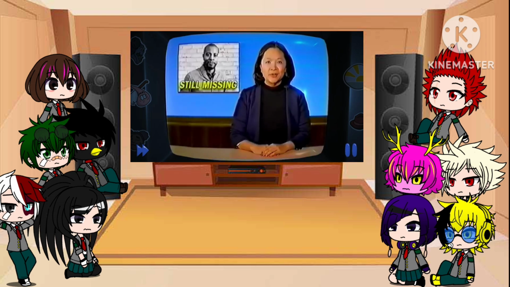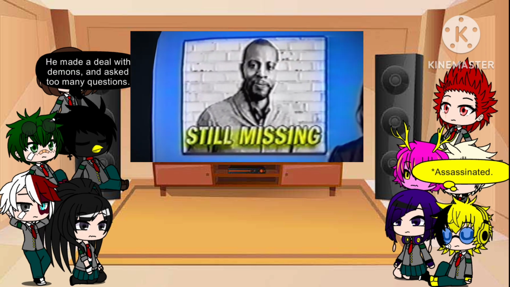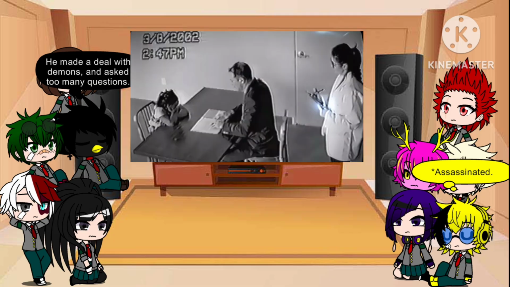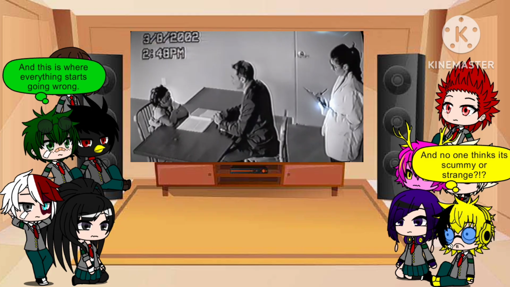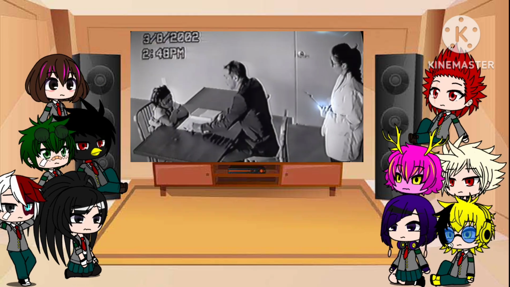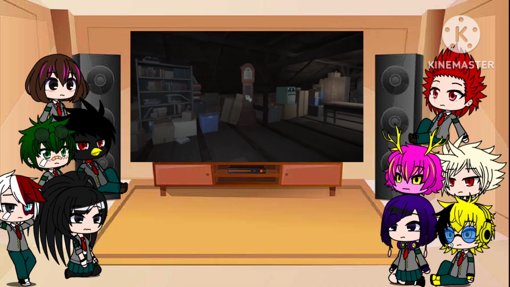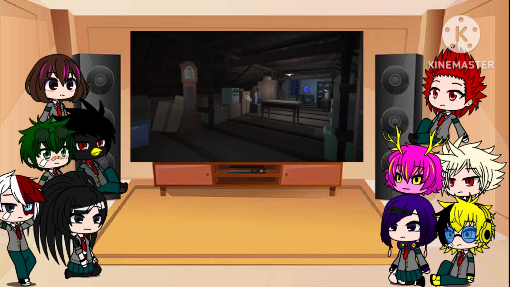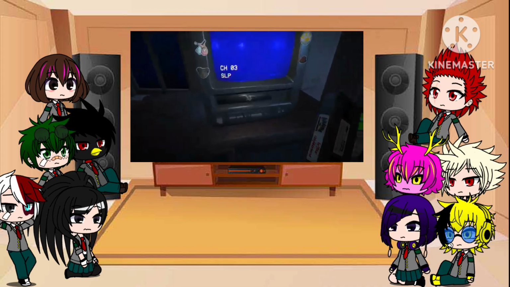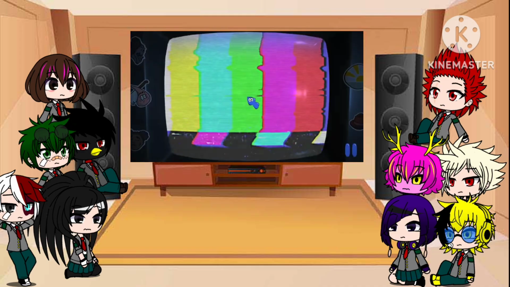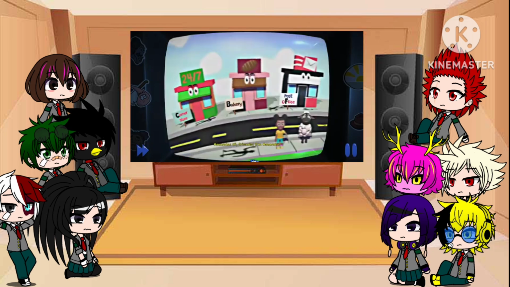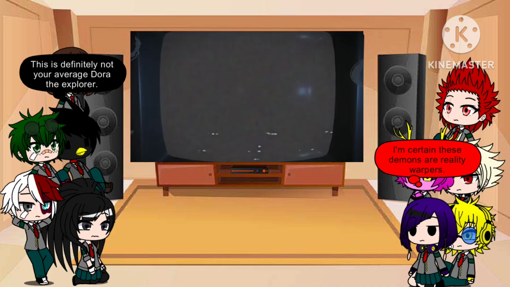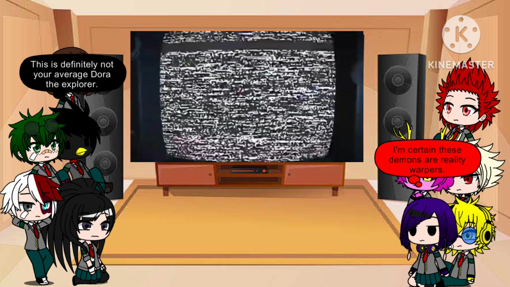Then, one fateful day, Sam Colton vanished, leaving his daughter Rebecca orphaned and alone. Hamlin Entertainment then became her legal guardian and continued to make Amanda the Adventurer in Sam's absence. Riley arrives at her late aunt's house and plays the ominous videotape. She soon discovers that this is no ordinary episode of Amanda the Adventurer. Amanda and her sheepish sidekick Wooly begin to interact with Riley, and by extension the player directly, as if these tapes are somehow a window into another reality, one we are warned by Wooly to stay away from.